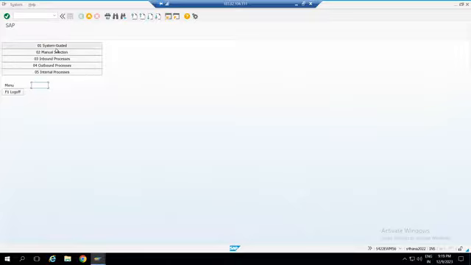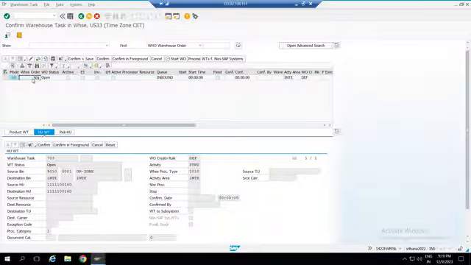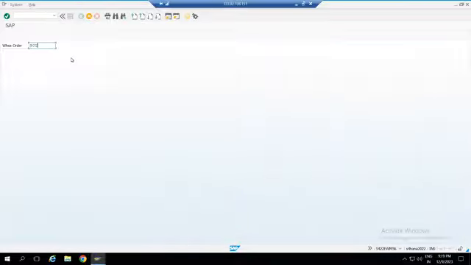Okay, so here you can see the RF, where in the inbound process you are doing the putaway. In the putaway by warehouse order, the worker will scan the warehouse order label, where the system will tell him to scan the source bin. He will scan it here. He will scan the source HU.